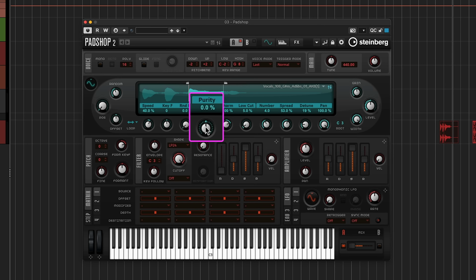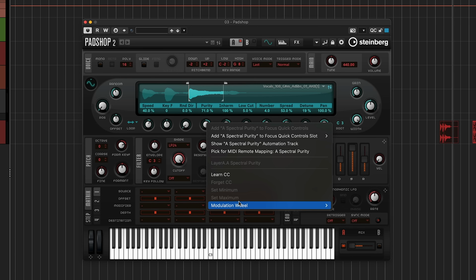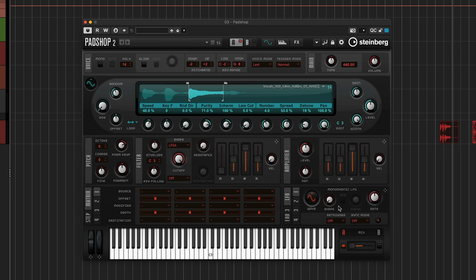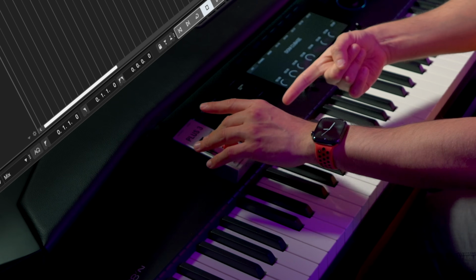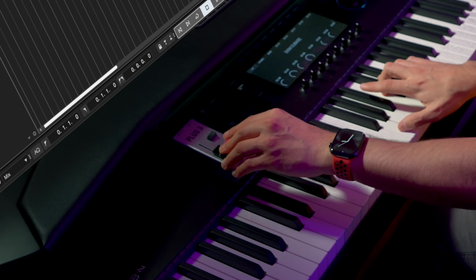And what I like to do with purity is I like to go here and just play with it a little bit. And sometimes I like this so much that I like to add it to my mode wheel. So I'm going to enable my mode wheel, and now you will see that when I use my +3 right here, which I have assigned to my mode wheel,